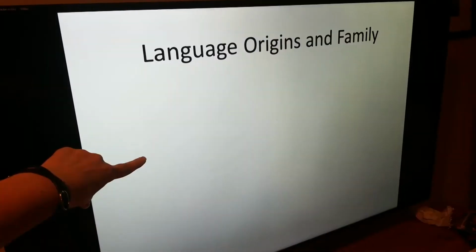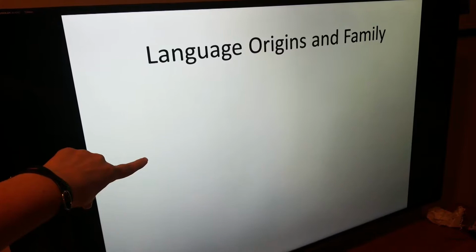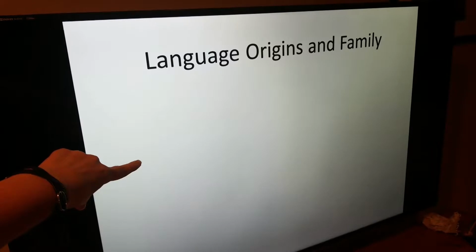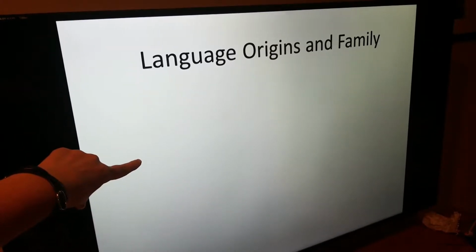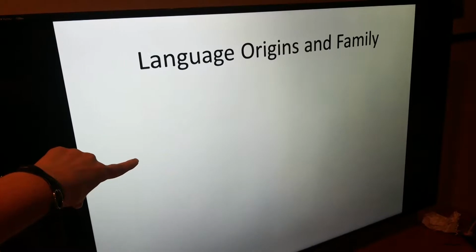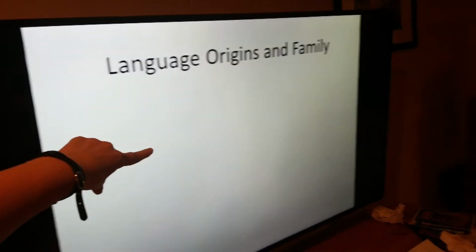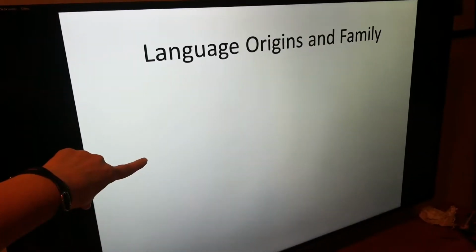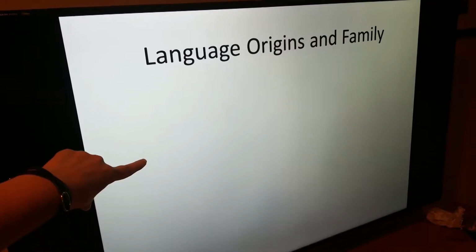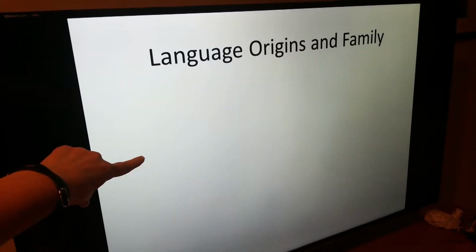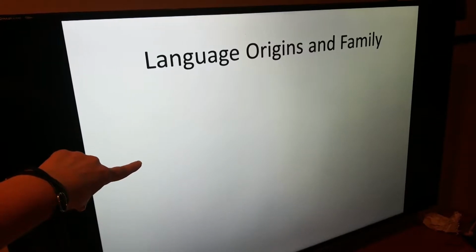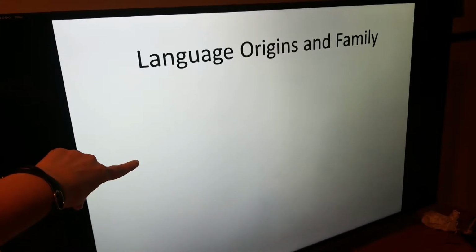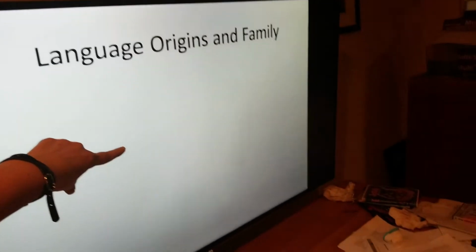Well, firstly, with the language origins and family of the Korean language, despite the fact that the Korean peninsula was overtaken by both the Japanese and the Chinese, the Korean language is very unique, and so it's very hard to categorize it with a lot of other languages, which is why some scholars put it in a category all by itself. There is divided opinion on this whole family,